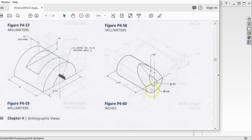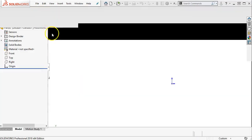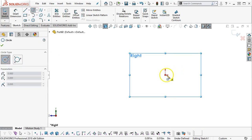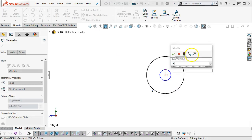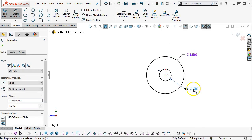460. Going to assume that the ½ inch goes through since there's no depth call out. 1 9/16 on the diameter. And then we'll cut the angle. So new part, inch, front plane. Well, there again, if I want it to look like a model, I'm going to go ahead and pick the right plane. .56, 0.5,